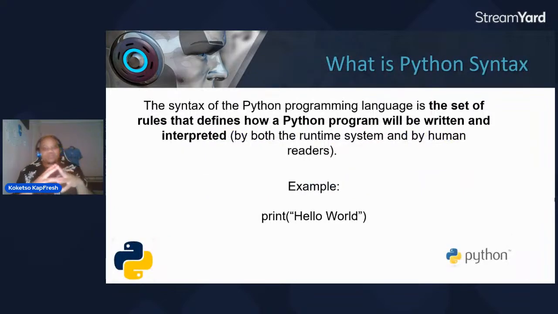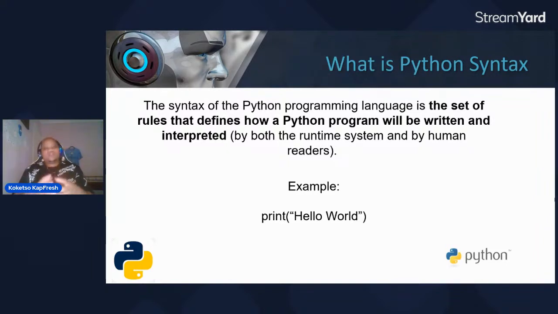Right. So, what is syntax? Syntax is a set of rules or definitive instructions for how a Python program should be written, and also interpreted. Certain languages have certain syntax. Every programming language has syntax.